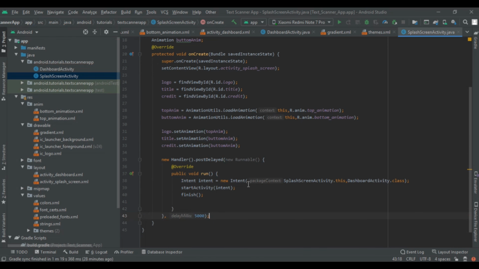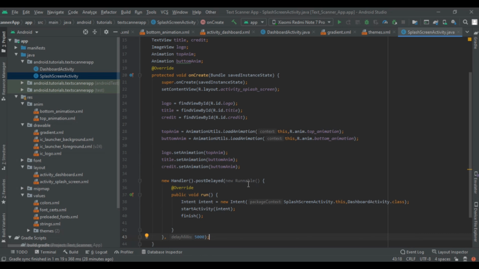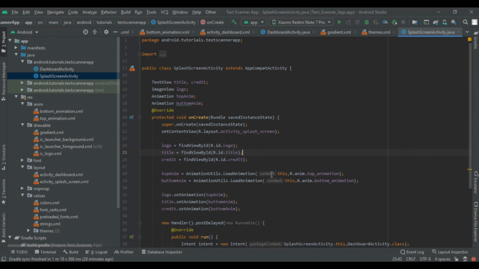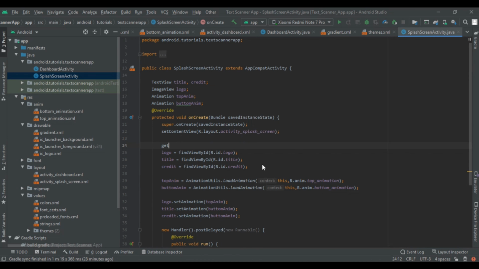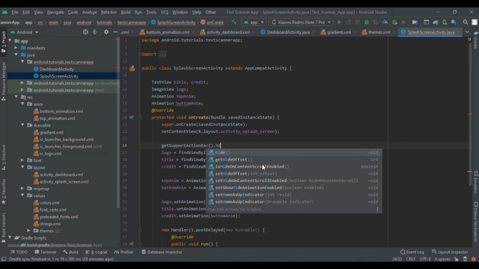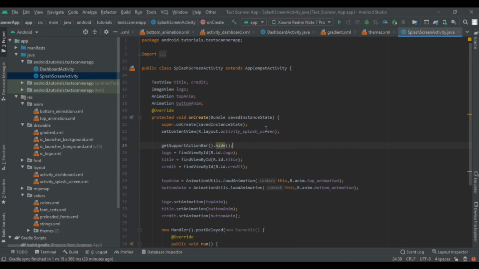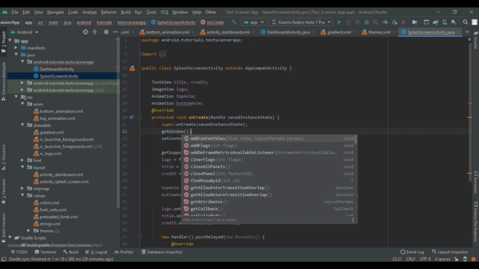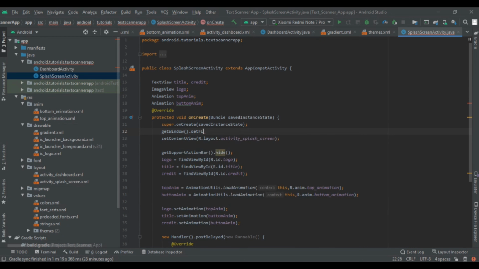Animation, and now we have to remove that status bar and our toolbar. So to hide that we have to write two attributes, that is get support action bar dot hide, and here get window dot set flags, and then pass the parameters that I am going to tell you.